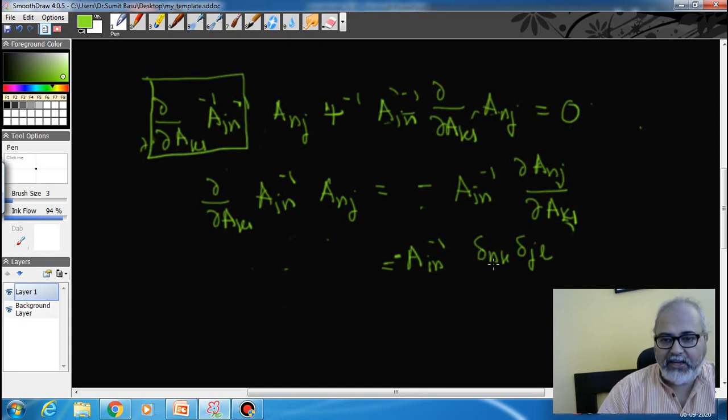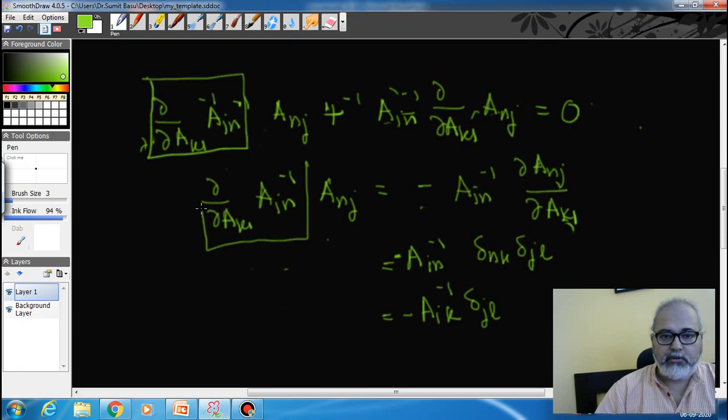Now this n will be knocked off in favor of k. So you will get minus A_ik inverse delta_jl as the right hand side. Now on the left hand side, this is what we need to find out, and this is what we should get rid of. To get rid of it, we can multiply this with A inverse. So what we can do,